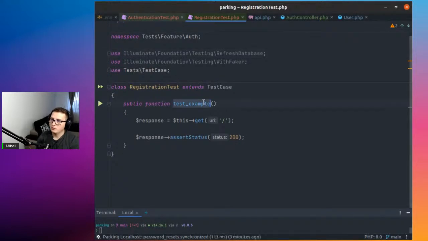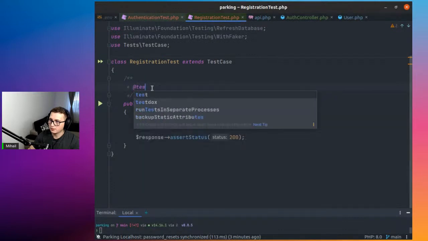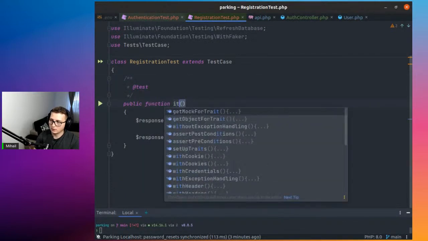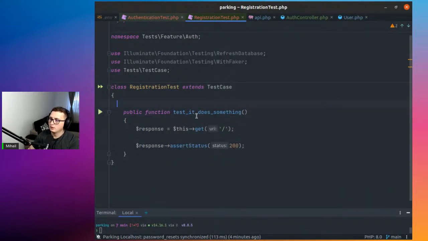Right. The first test, I believe, should be that we can create a new user at this endpoint. So let's do that. Each test should start with test, or you can put the annotation. If you generate the PHP docs and you put test in here, then you can do something like it does something. Yeah, but I prefer the shorter version of it. So test it does something, and what it does: test it allows